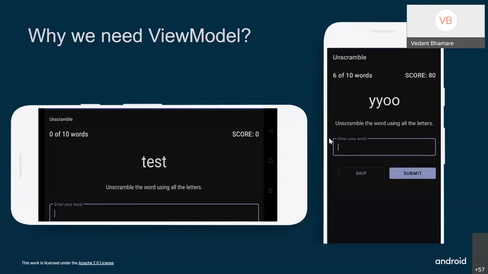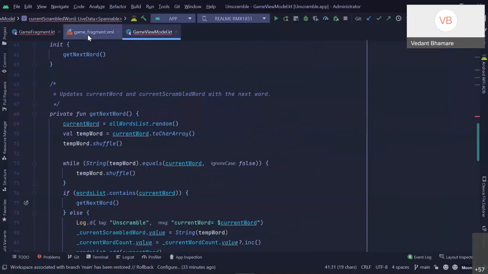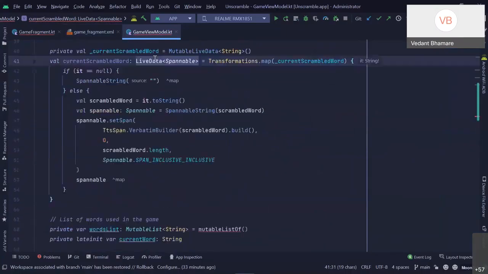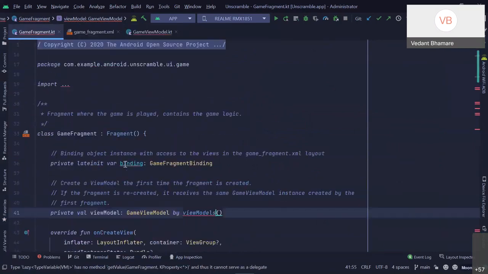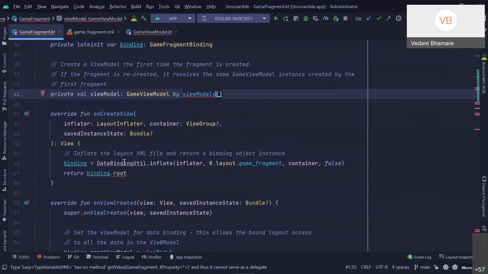So whatever values you want to keep as they are, like on changing the default configuration of your screen, those values should be initialized in view model. View model is only initialized once, whenever you would start an activity, so start a fragment or start a screen.